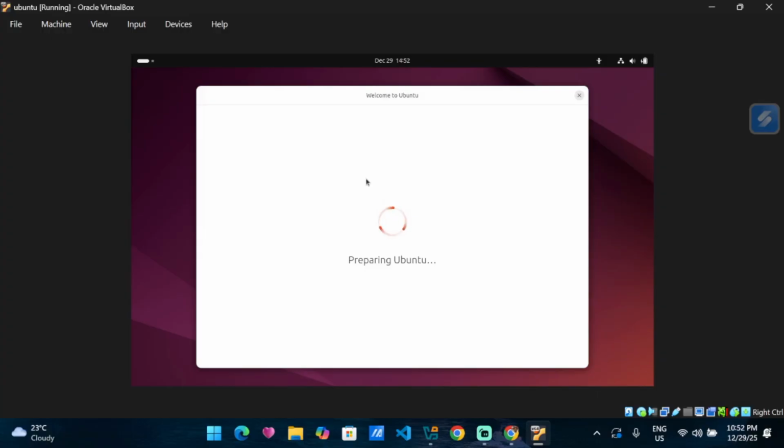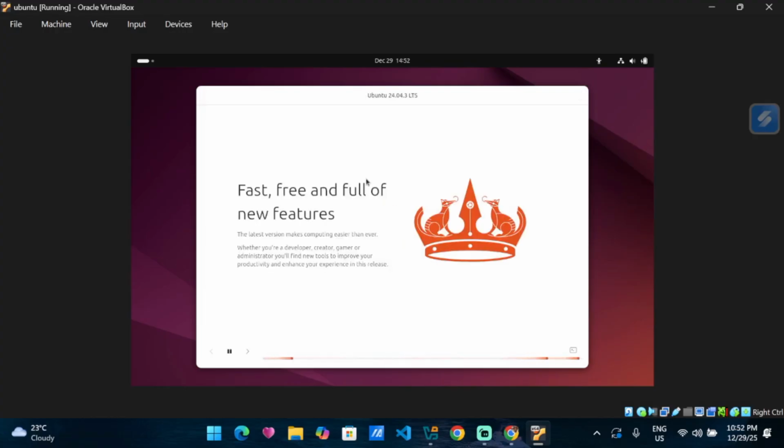It will depend on the specs of your computer or laptop.